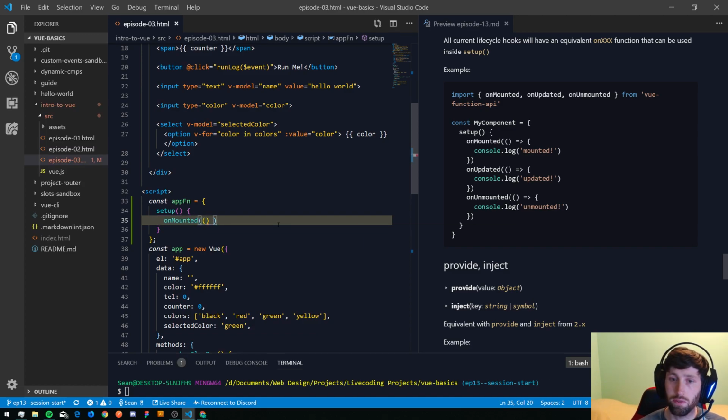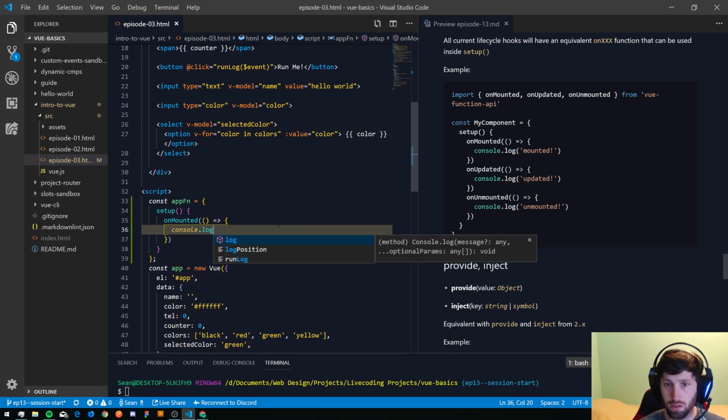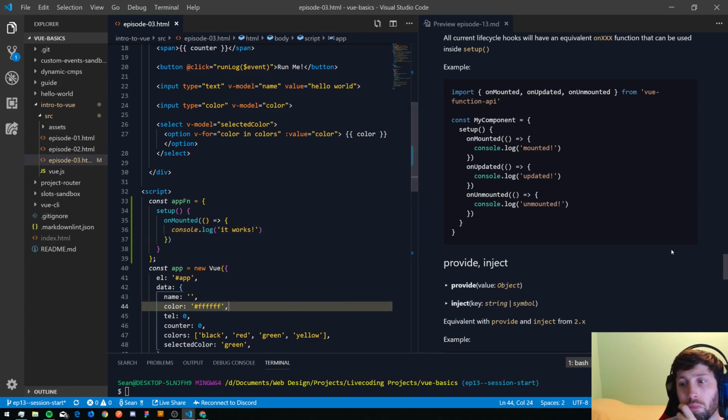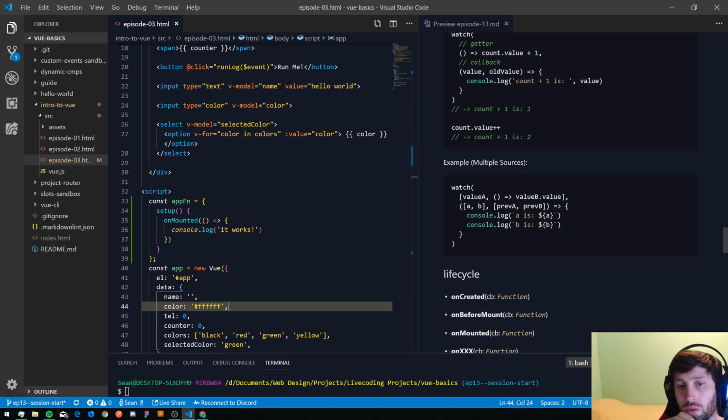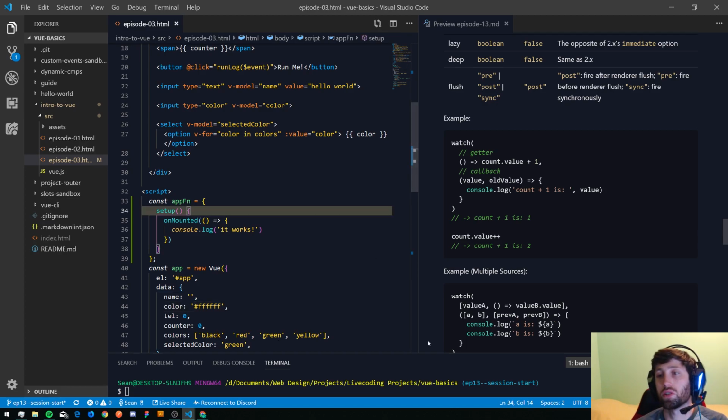Okay, so it's a function. Unmounted is a function that runs at the mounted lifecycle hook point, and we can just say console.log it. It works. All right. And I guess if we wanted to initialize a variable,